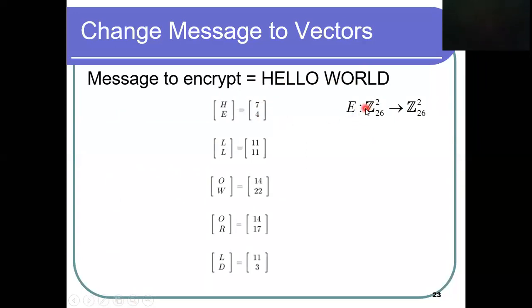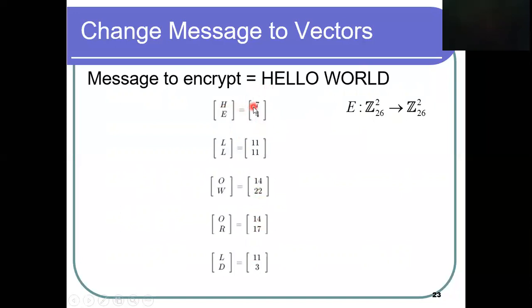If there is an encryption function from Z26^3 to Z26^3, then I have to divide the whole message into pieces, the original message converted into 3 cross 1 column vectors, meaning each block consists of 3 elements. But my transformation here is from Z26^2 to Z26^2, so each block consists of 2 elements, and it can be written as a 2 cross 1 column vector. Here you can see over here.